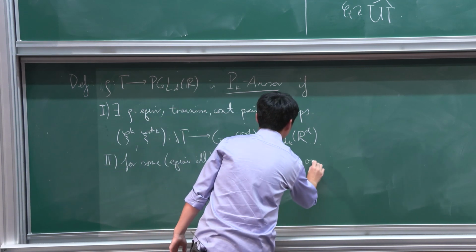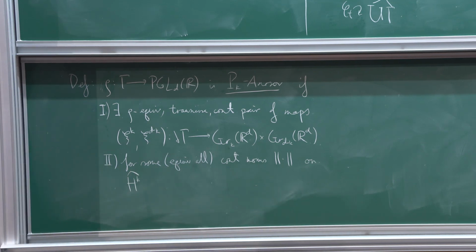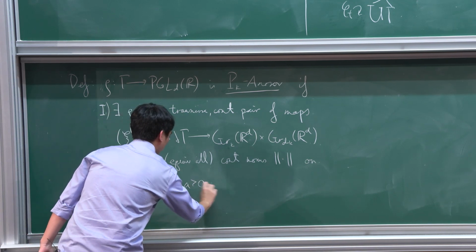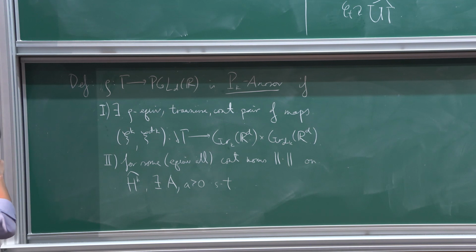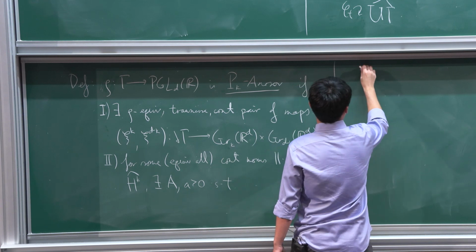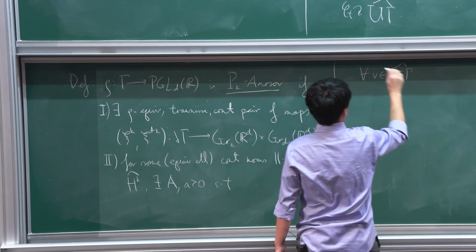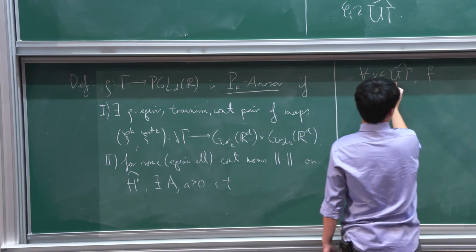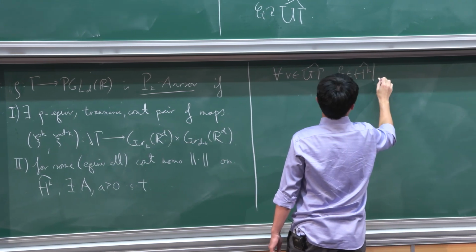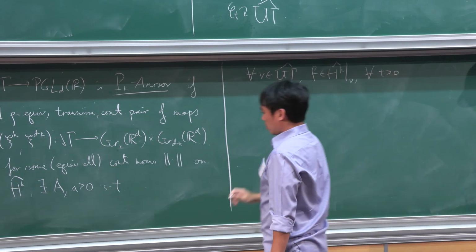Okay, on the bundle HK hat. There exist constants, big A, little a, larger than 0, such that if you pick any vector V in the base of this bundle, and you pick any element in the fiber above U gamma hat, so in HK hat above V, and you choose any positive time parameter t larger than 0. Then